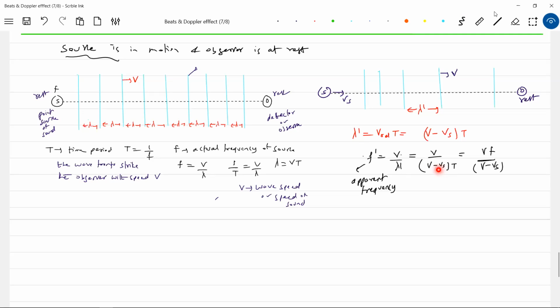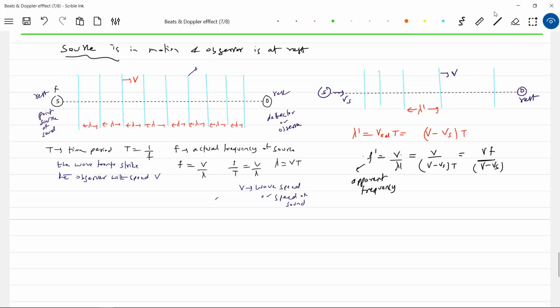Try to see this one, sir, we didn't understand. See, earlier, both are at rest. What is the distance between gestures? I'll be at rest, throwing a gesture for every interval of time t. The distance between them will be the same, and they'll be moving. Now I'll be running, and then I'll be throwing it. Then the distance between gestures should change. So that is what I'm writing. So what is the speed with which I project? That is v relative, which should be equal to v minus vs. Then we'll proceed like this.